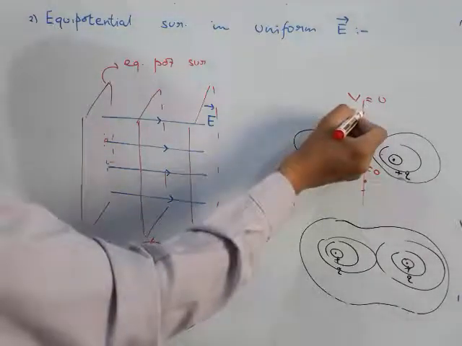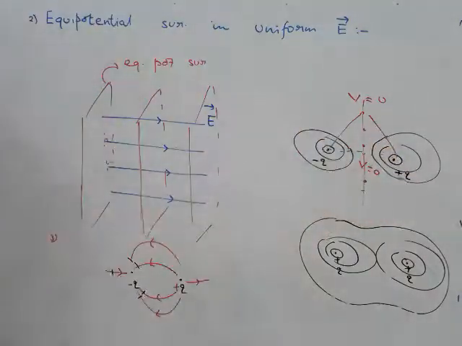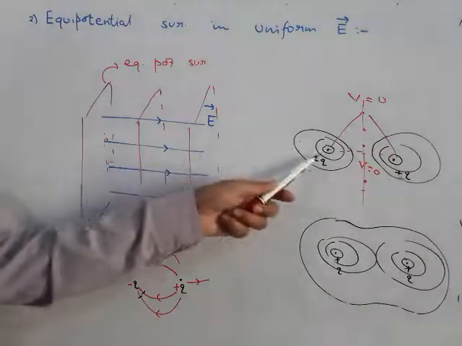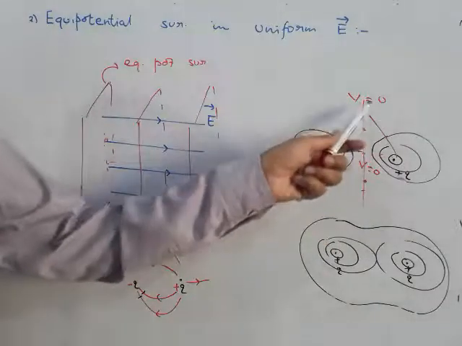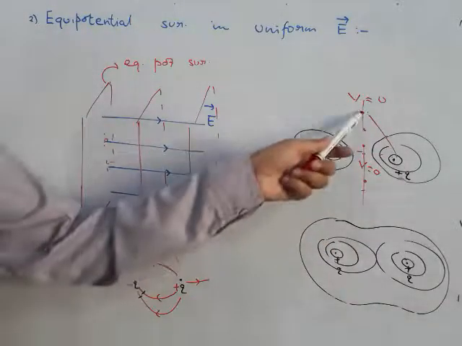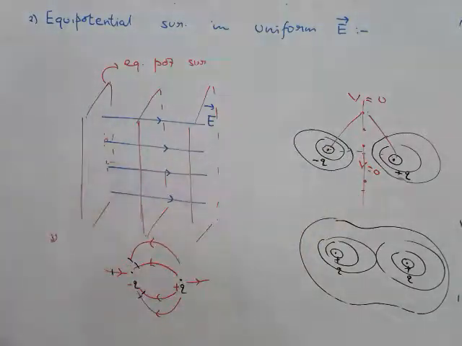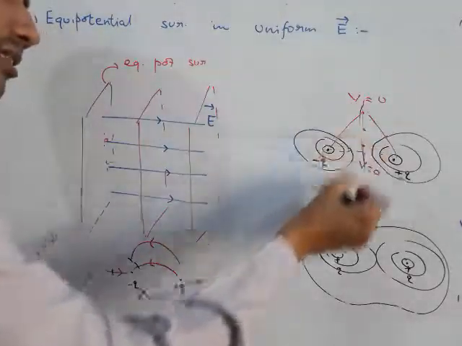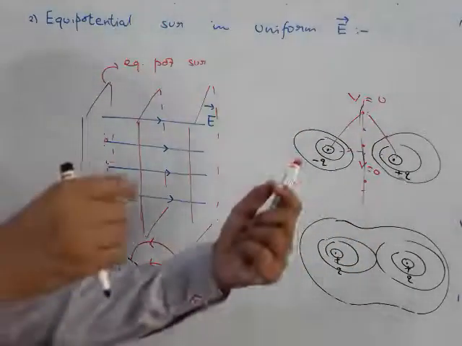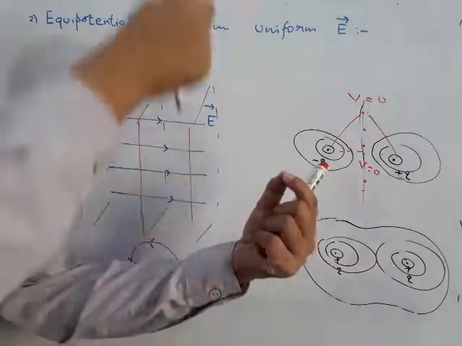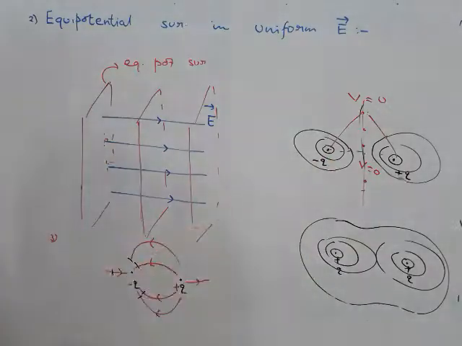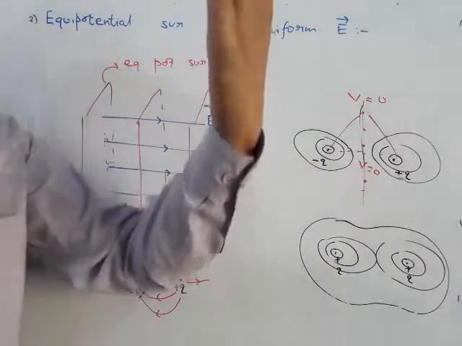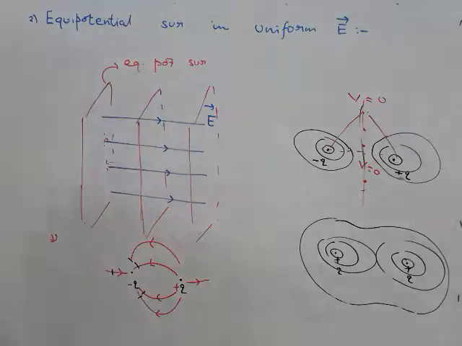Why? Because all these points are equidistant from these particular charges. So whatever potential this negative charge will have, the other will have identical potential but of opposite sign. So it will have positive potential, this will have negative potential at all these points. Values will be the same, that's why they will cancel each other. Is this the only line? Now if you see in space, there are 2 point charges. This is one perpendicular bisector. Likewise, you can draw many, infinitely many perpendicular bisectors. So the plane passing through all these perpendicular bisectors, that we call the equatorial plane.